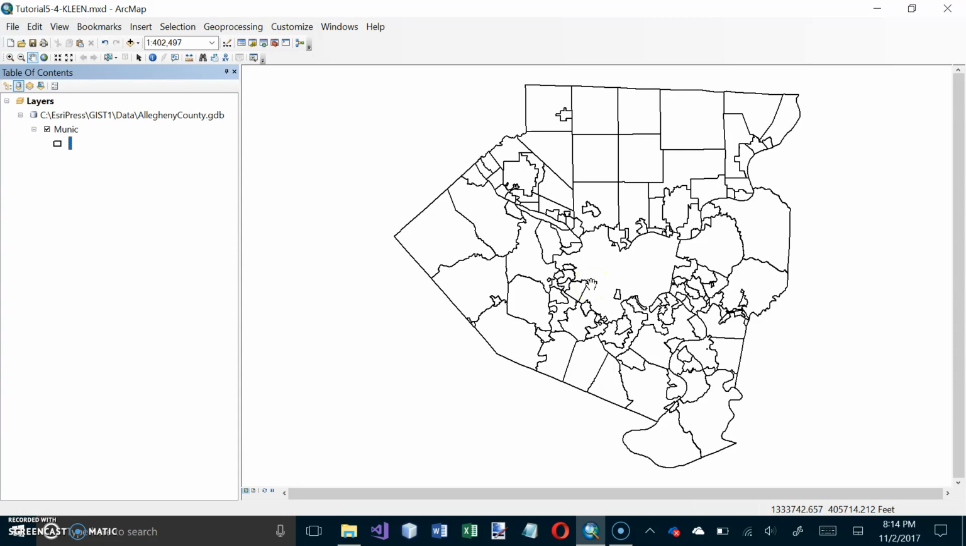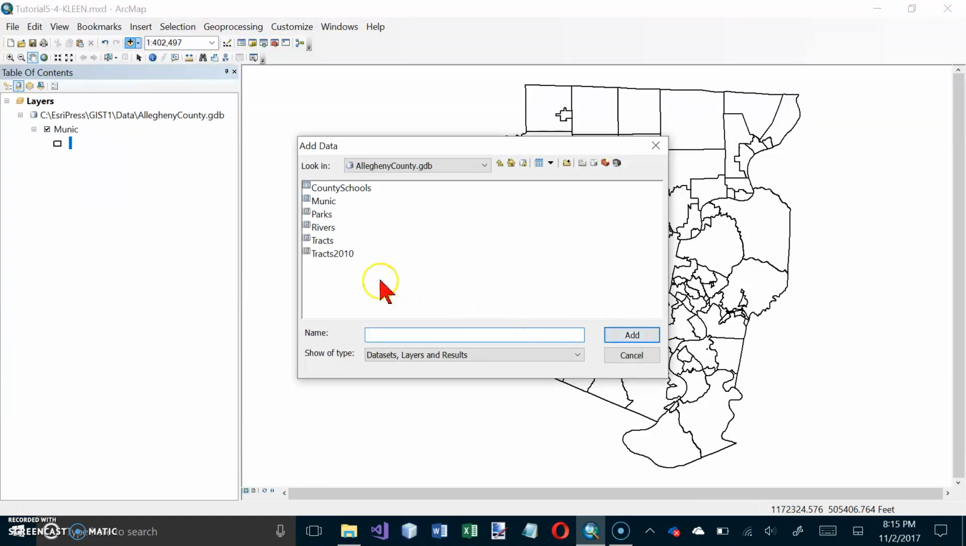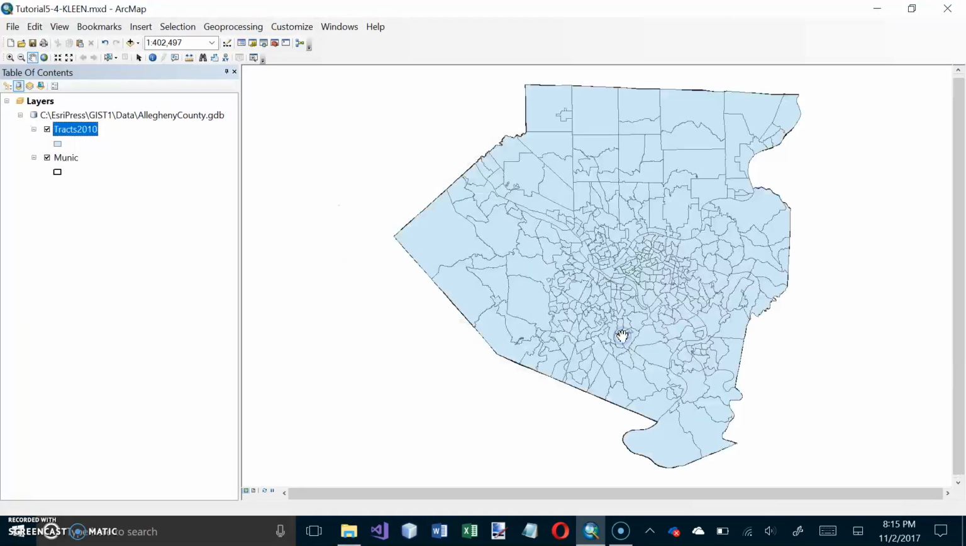And our map now looks like this, and it says click the Add Data button and browse and add tracts 2010 to the map. Okay, so we want to add some more data here, so let's go to our Add Data button, and we want to add tracts 2010 to the map. Click on Add, and now we've got the tracts,